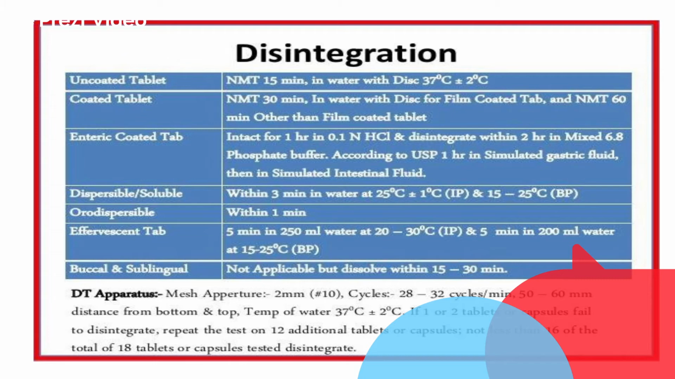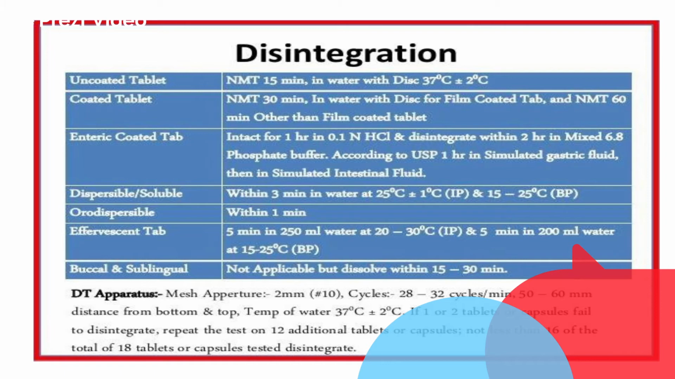The acceptance criteria is that we take 6 tablets initially. Suppose you have taken 6 tablets and you find that 1 or 2 tablets or capsules fail to disintegrate, then you need to repeat the test on 12 additional tablets or capsules. So in the first go we have taken 6. Out of this, if all of them disintegrate, you pass the test. If 1 or 2 tablets are not able to disintegrate, you need to undertake the test for a next set